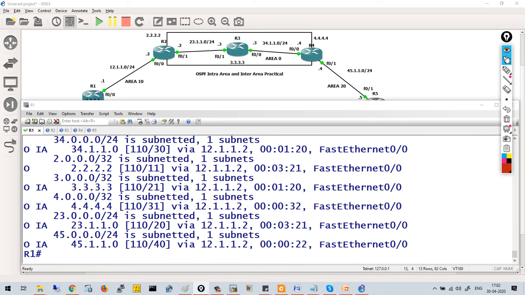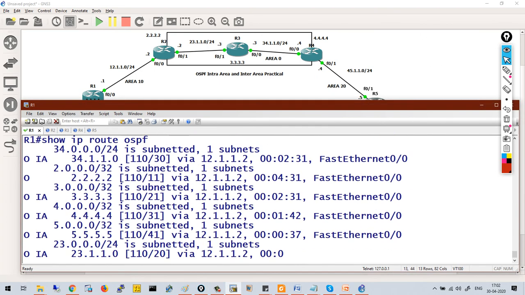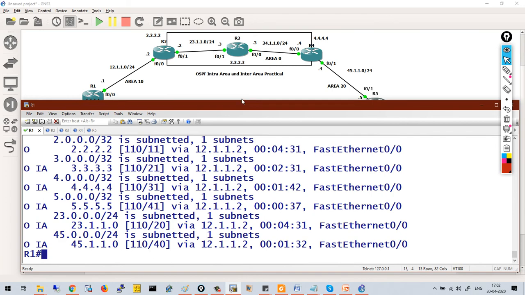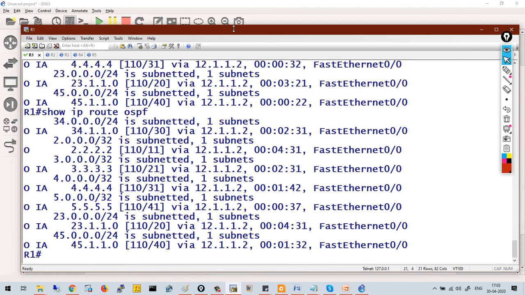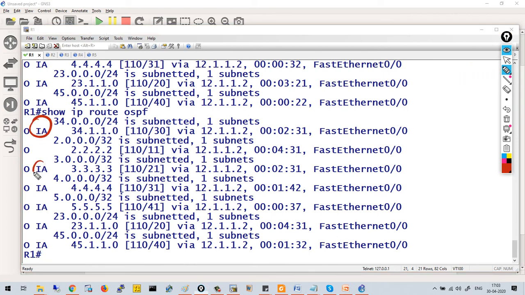It means a router in one area doesn't have topology information of the other area. They just have the networks that belong to the other area, and all those networks are advertised by a router called ABR. So now I'm able to see all the networks on R1. Except 2.2.2.2, all networks are inter-area.